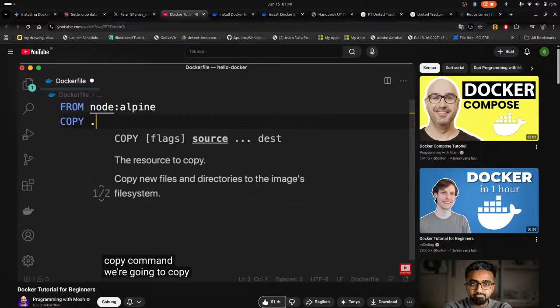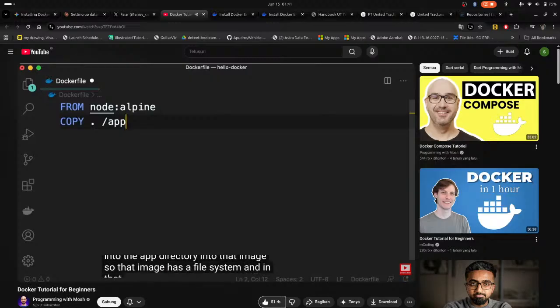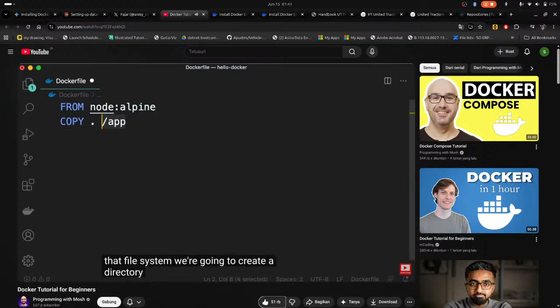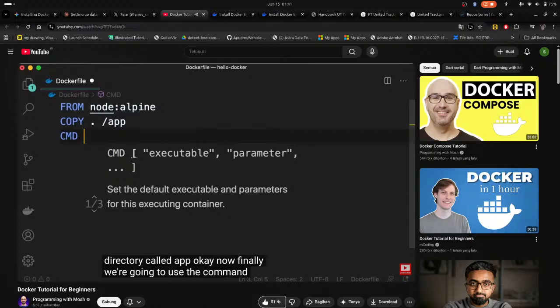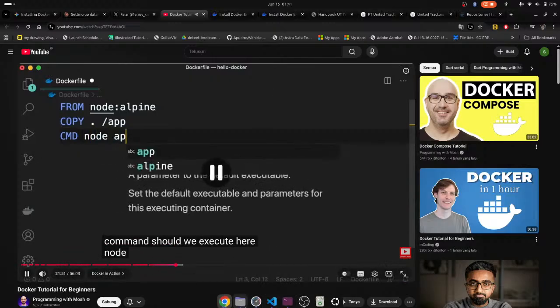We're going to copy all the files in the current directory into the app directory into that image. So that image has a file system, and in that file system, we're going to create a directory called app, okay? Now finally, we're going to use the command instruction to execute a command. What command should we execute here? Node